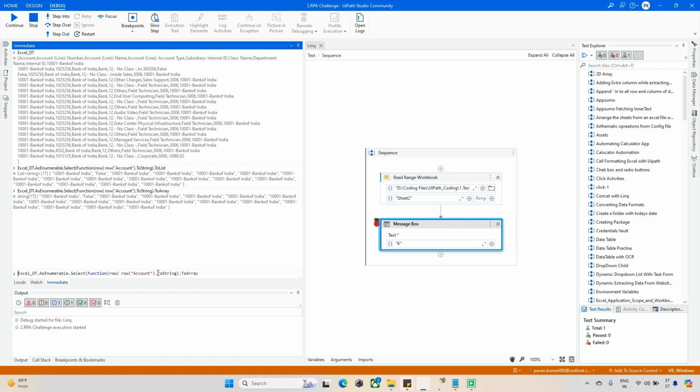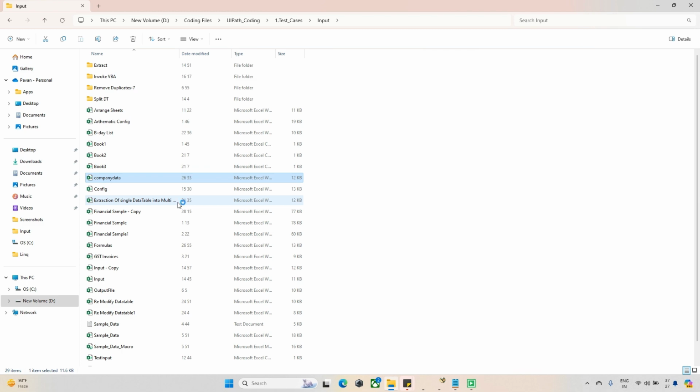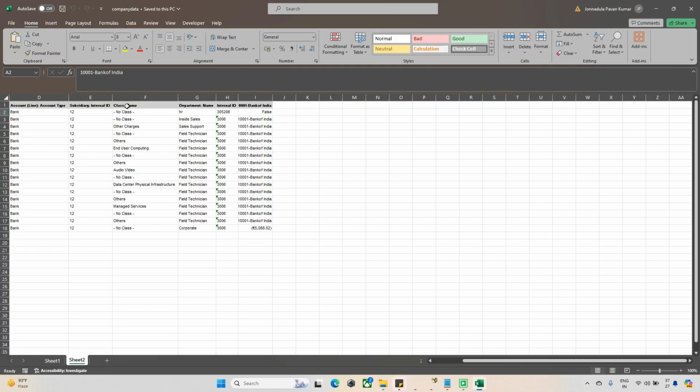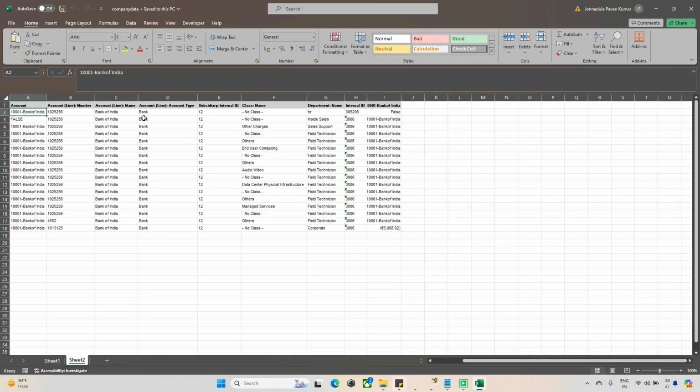Now, if I want to fetch two columns, just assume that I don't want one column, I need two columns. Then what we need to do is add a comma and row of the second column. Let me go to that Excel file and take this column. Just assume that I'm taking this column D type. Let me copy this entire